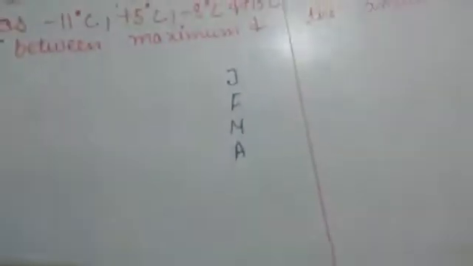I hope you understood. Now see the next question. The temperature of the city recorded at midnight on the last day of 4 consecutive months. Wait, the temperature of the city means we want to calculate the temperature. Recorded at midnight. Midnight means at near about 12 o'clock during night. On the last day of 4 consecutive months. Months are, let us say, January, February, March and April. 4 consecutive months written. I have also written 4 consecutive months. Consecutive means side by side.